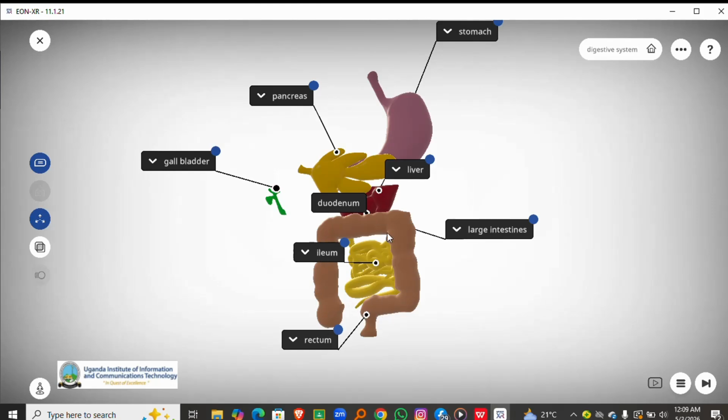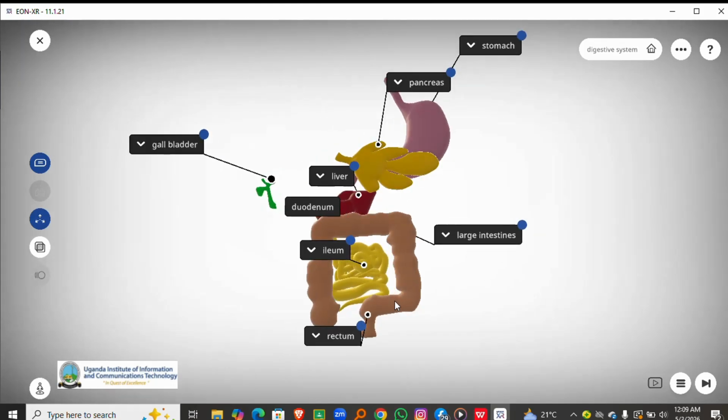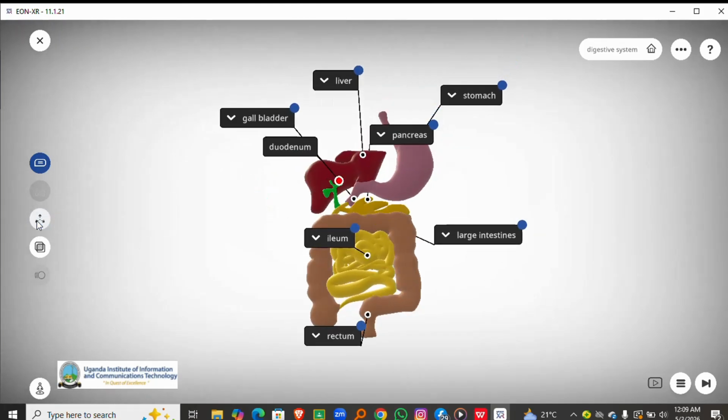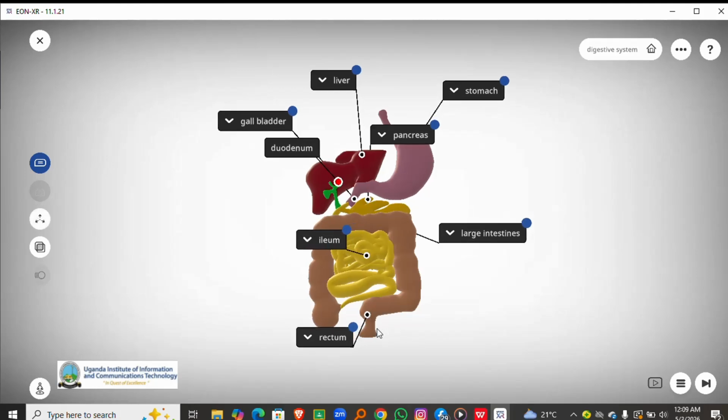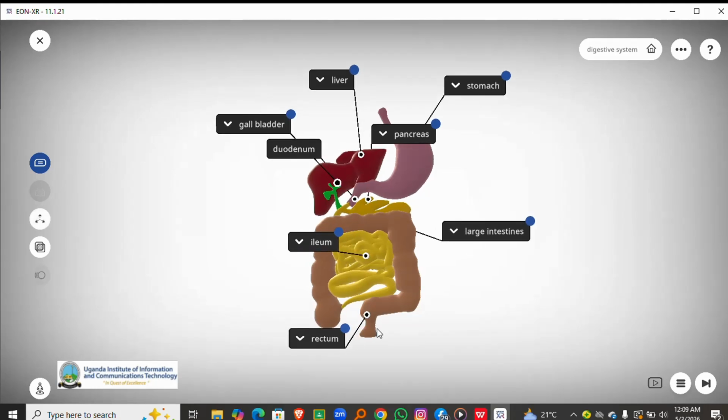The undigested food, we are saying, is proceeding to the large intestines, and much of the water in this fluid is going to be removed, so that you're now going to form the solid feces, which will collect in the rectum. If you can put this one back together, you'll see that this rectum here works as a temporary store for the feces before they are released out of the body through the